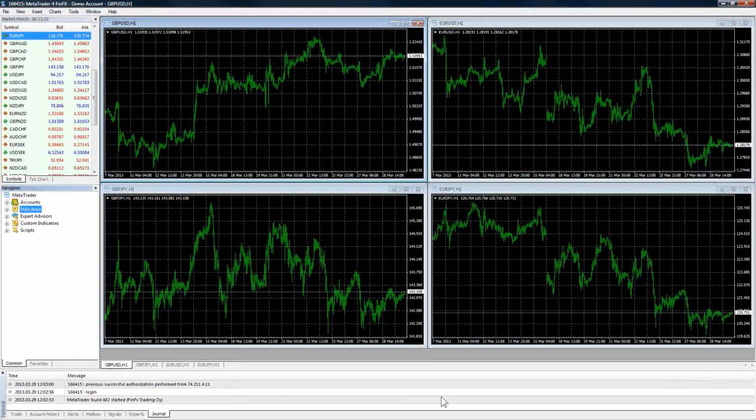If it's software related, I really like the ability to go in and customize things. When you're looking at different platforms out there, from Zulu to NinjaTrader to TradeStation, MetaTrader seems to be the most customizable.